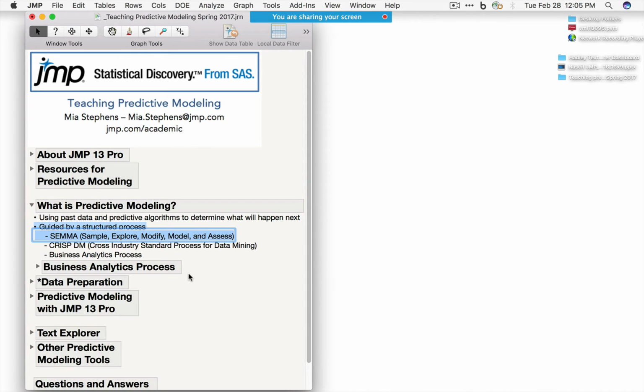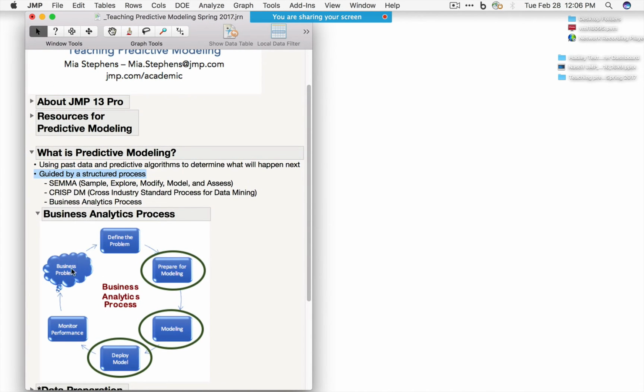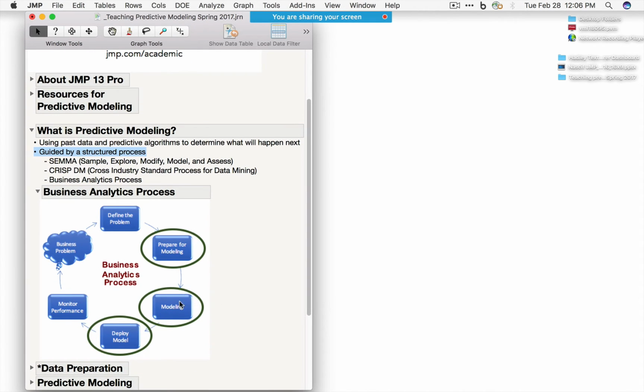So SEMMA, developed by SAS, stands for sample, explore, modify, model, assess. The CRISP-DM is another process that guides the activities of data mining and analytics. And in the Building Better Models book, we define the business analytics process. So essentially all these processes have stages or steps where we define the problem, we compile data, we prepare the data for modeling, we apply the appropriate modeling techniques or algorithms, we deploy the model, and then this loop continues